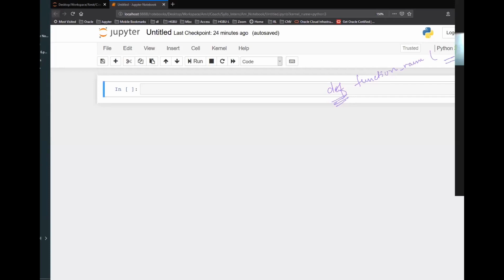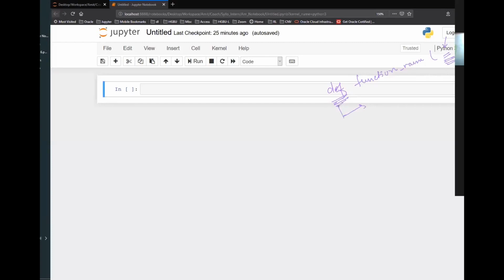All this while, when you were writing those input functions, you were taking some input data from the users, and then you were doing some computation on top of that data. So your function will require some parameters, some values you will pass here. Comma separated values you will be passing here as parameters. Then you give a colon. So when you give a colon, that means this is the start of my function block.